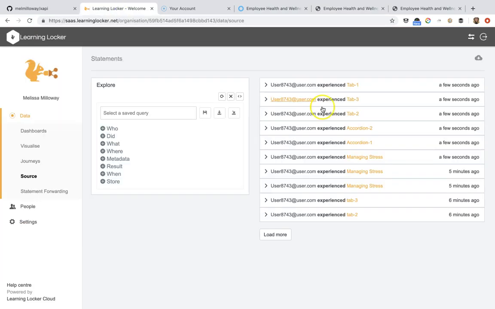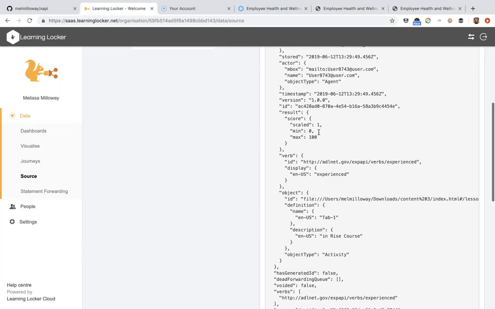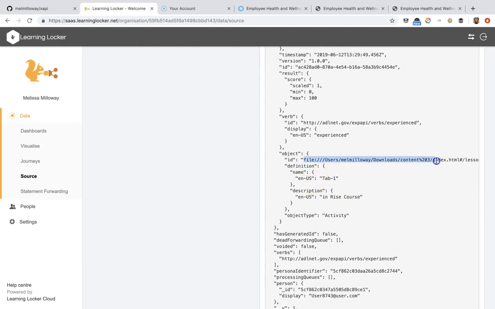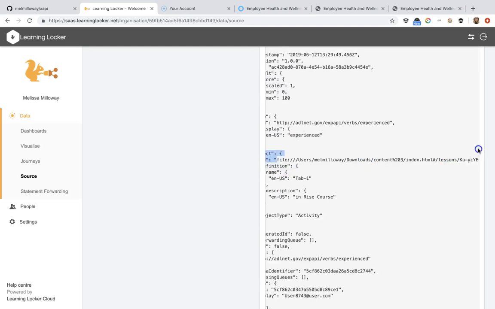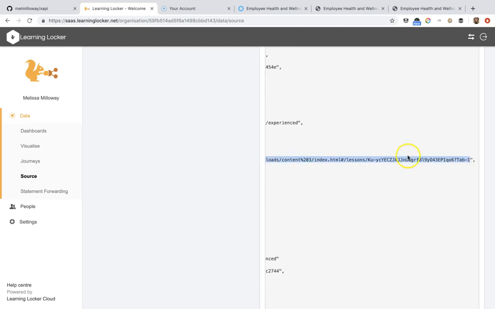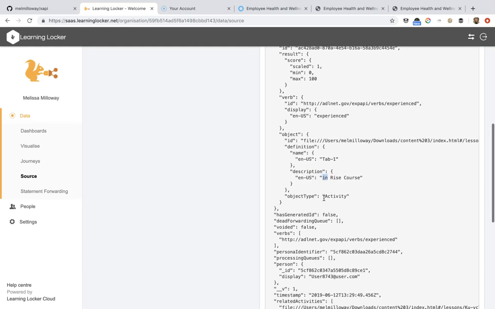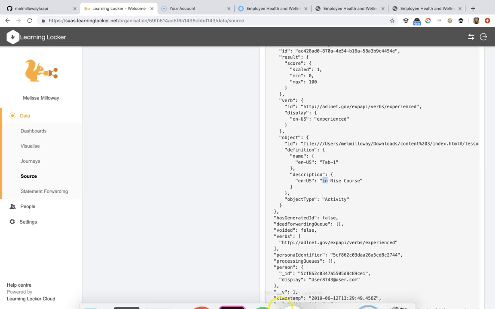So if we come back over to Learning Locker and we look at the ID for that object, the object ID is the way that we identify that specific statement. We can see that it added the tab 1 to this, so it's making that statement specific, and we don't have to manually type that in, which is really great. And then you can see the rest of the information in here, such as the name, which is tab 1, the description, which is in the Rise course, which should not be the description, but I think what happened was